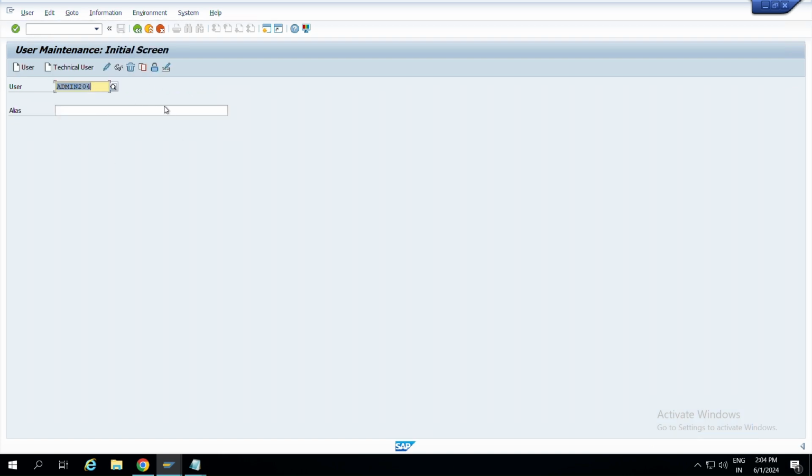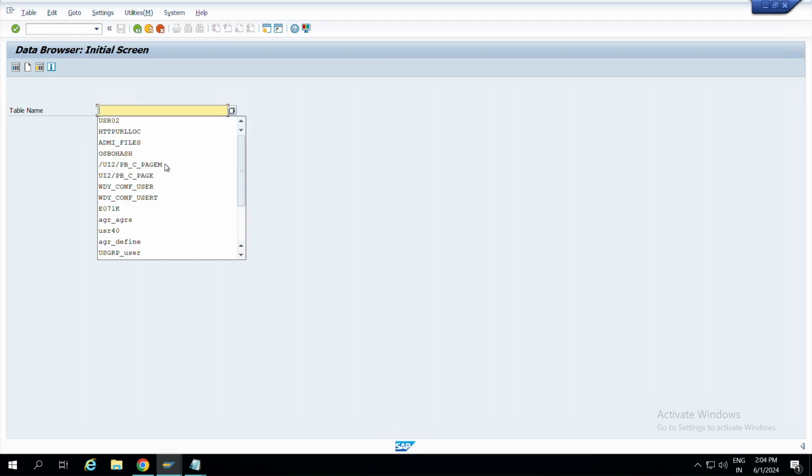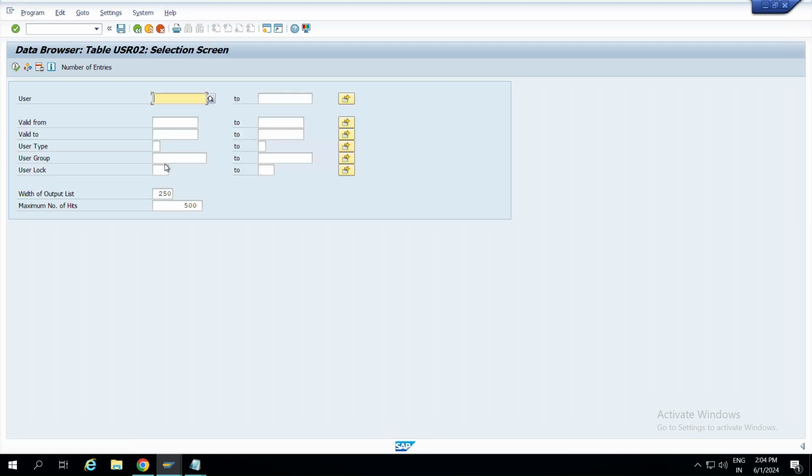Other than this, when you come to user related tables, the question they might ask you is, what are the different tables used for? When can you see the last logon of users? You can use the table USR02.